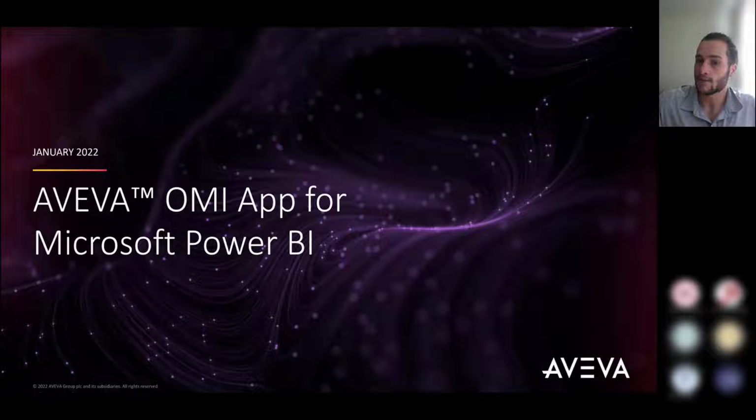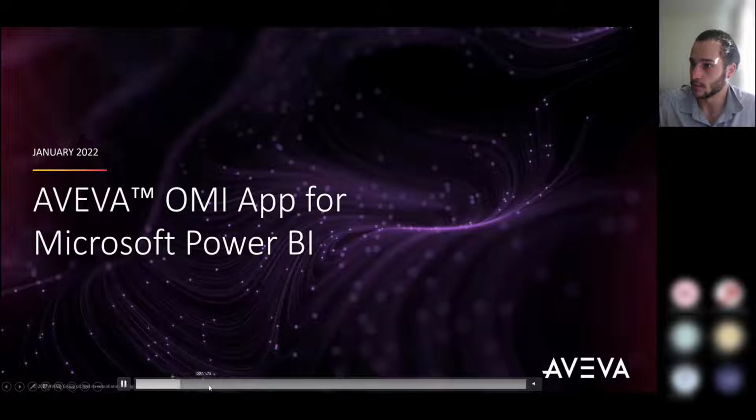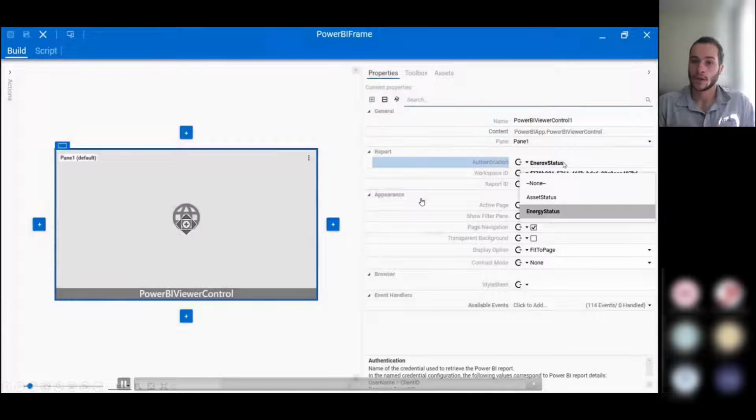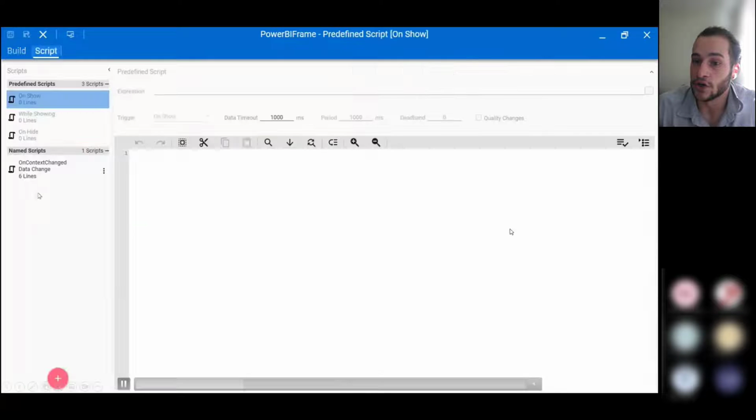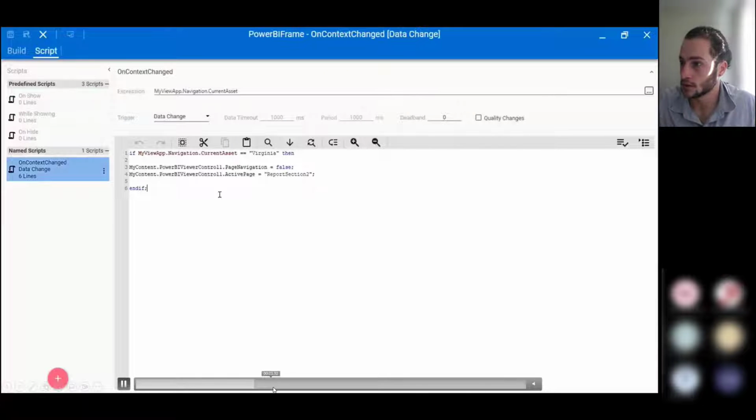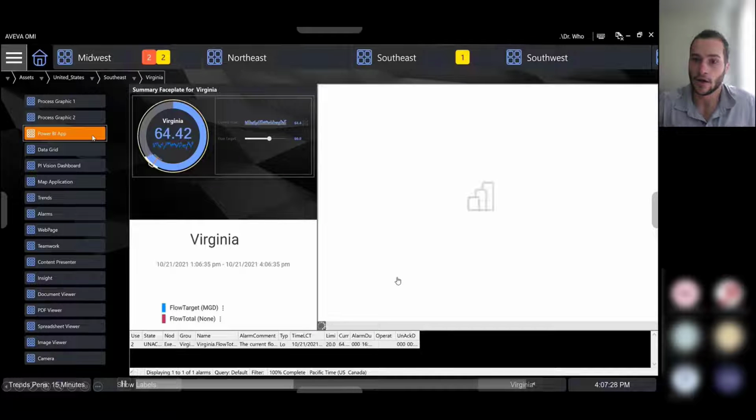So OMI has an app for Microsoft Power BI. This is an app that can give you interfaces for contextual awareness to interact with Power BI. So we're going to see an example here. Let me just skip ahead a little bit. There you go. So here you can see an example of a Power BI dashboard that's embedded inside of OMI